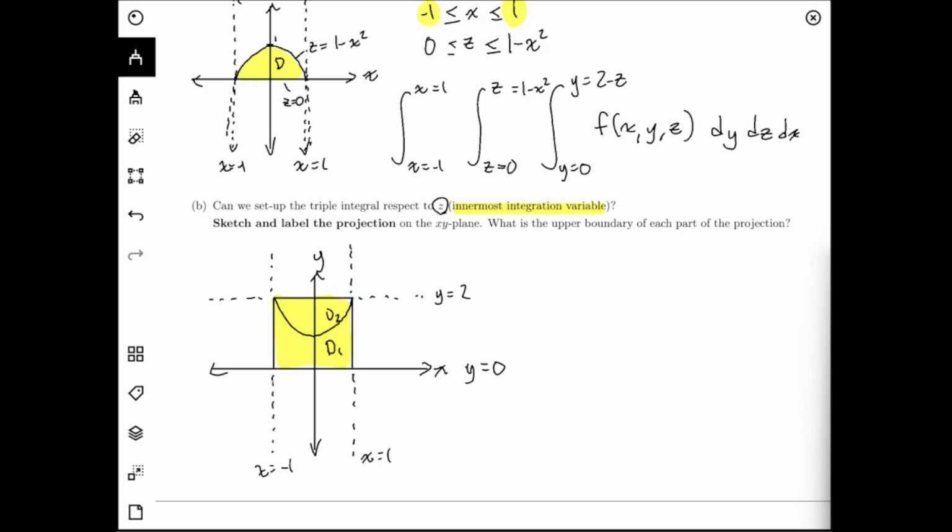All right. So fortunately, we don't have to write out a triple integral for each one of these. We only have to write one. Well, we don't have to write any integral. We just need to find out what the upper boundaries of each part of the projection are. Okay. Well, what do we want to be our outer boundary, and what do we want to be our inner boundary with respect to x and y? Let's say